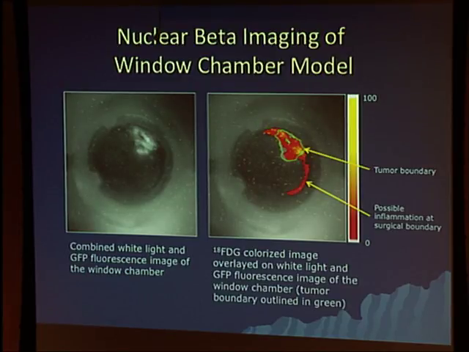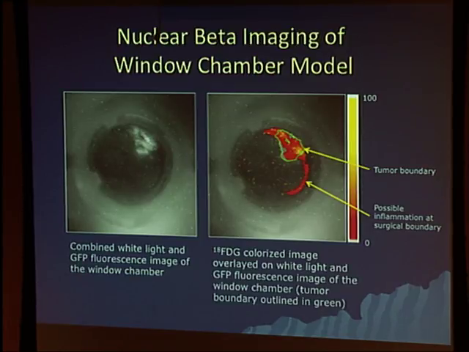If you remember, how you do this is you cut away a little bit of skin. So there's potentially an inflammatory process here, which is one of the confounding things in PET imaging. When people have inflammation, it's one thing that can give you a false positive PET result, that it's inflammation and not cancer. So we believe this is an inflammatory response at the surgical margin of the tissue.